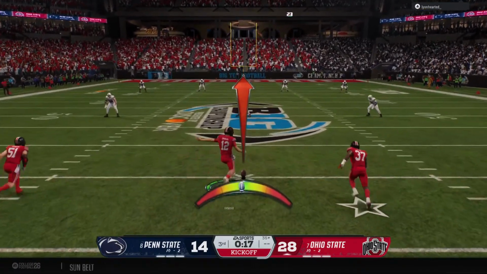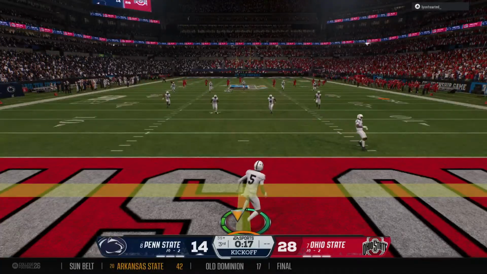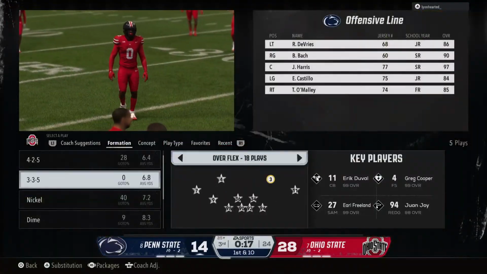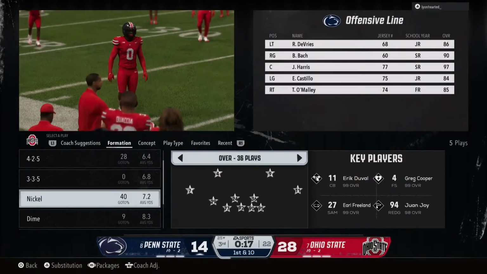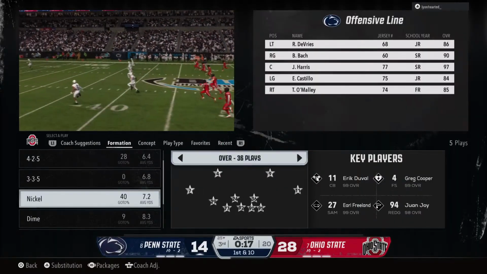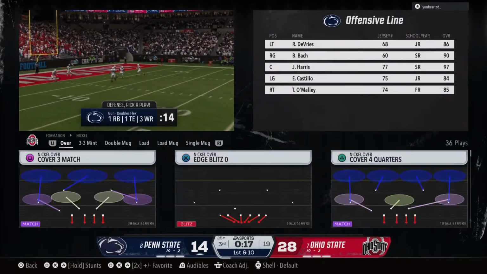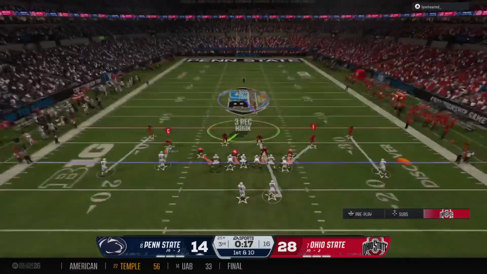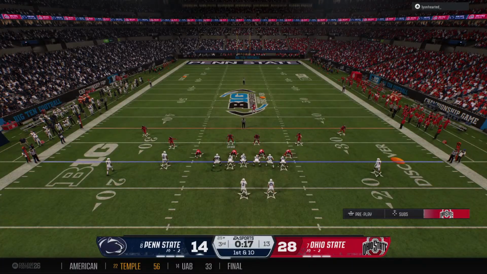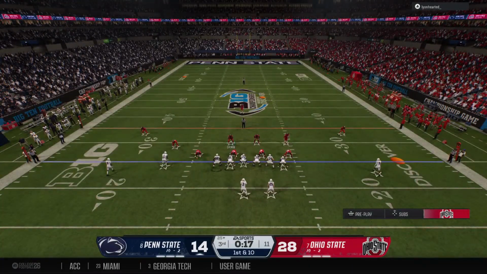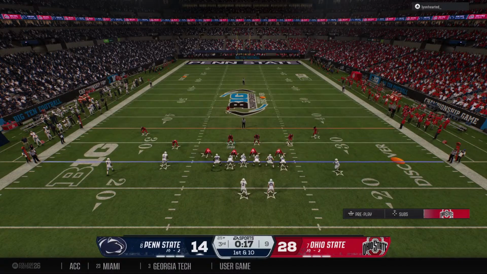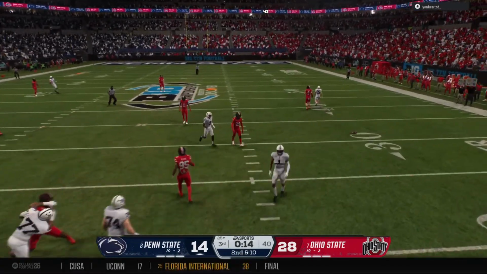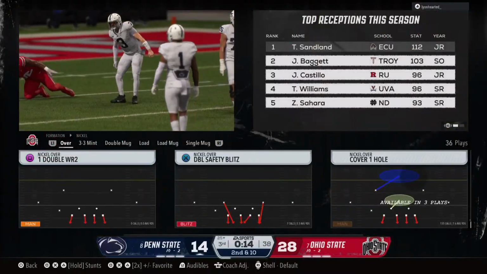Ohio State, 28, Penn State, 14. And that one will bounce out of the back of the end zone. So a touchback will start at the 25. The first play of the drive now from the 25. Moving the receiver around pre-snap. On 1st and 10 here, looking to throw the ball. And it's incomplete. Comes up a little short on that throw.